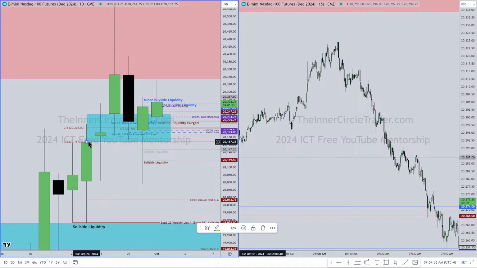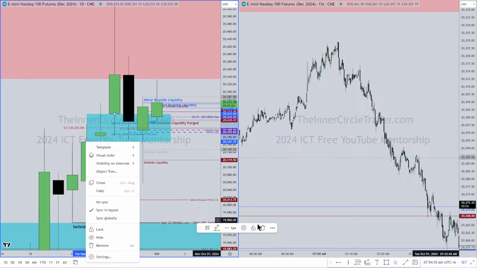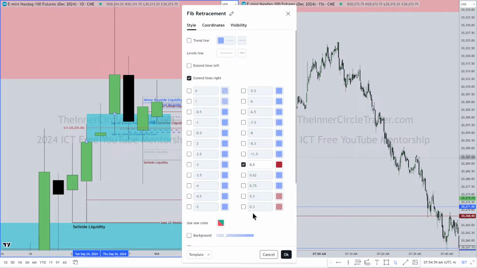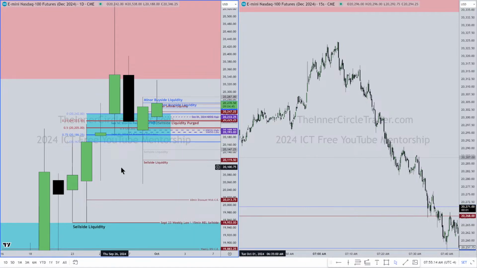So if you put the fib on, the low to the high, and then you add the quadrants, and I'm going to thicken this up a little bit, make them a little bit obnoxious. ICT, something obnoxious from him? No. So we have